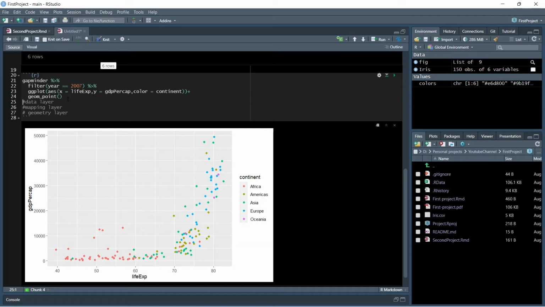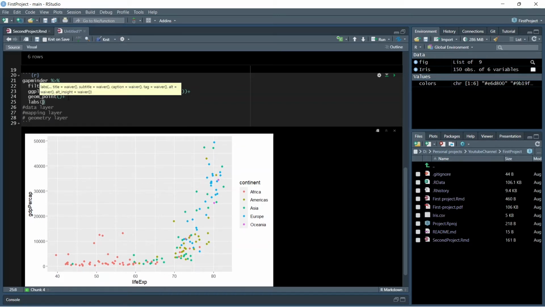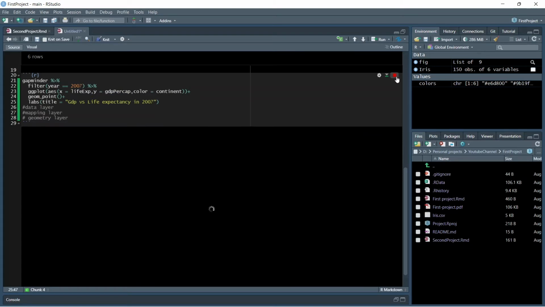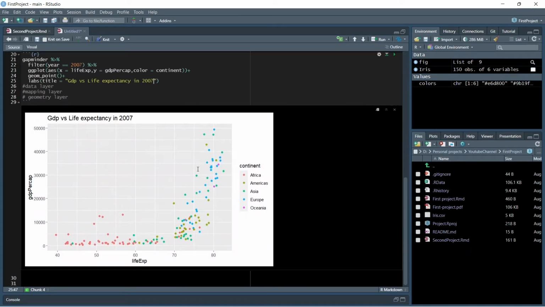So to finish this first part off, we just add labs, which will allow you to add a title. In this title, we just write "GDP versus life expectancy in 2007". So we are done with this part. One of the things that could be interesting is to see, of course,